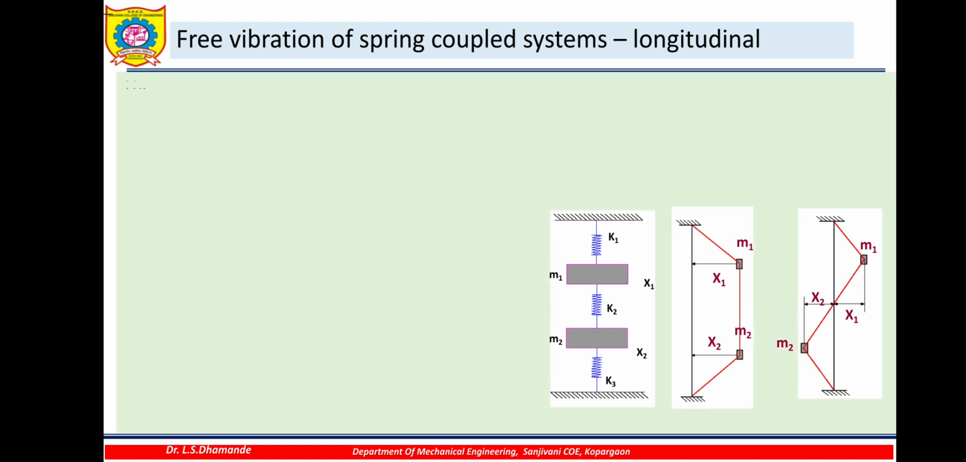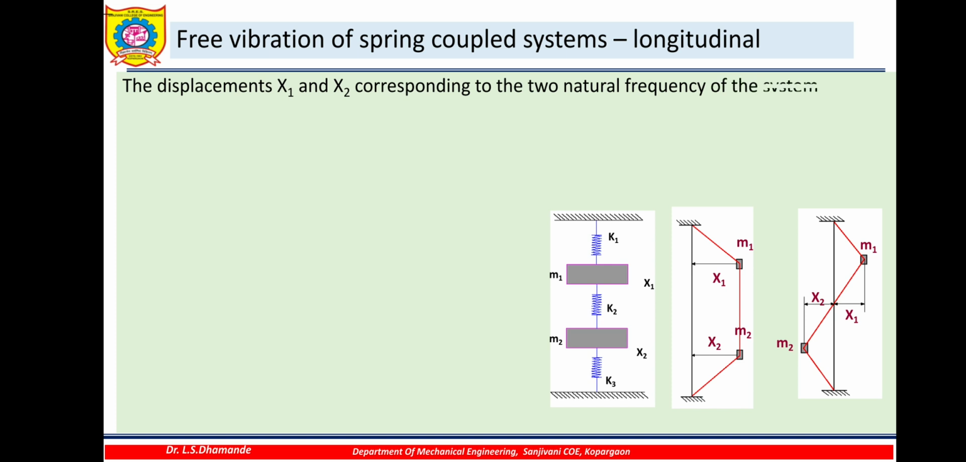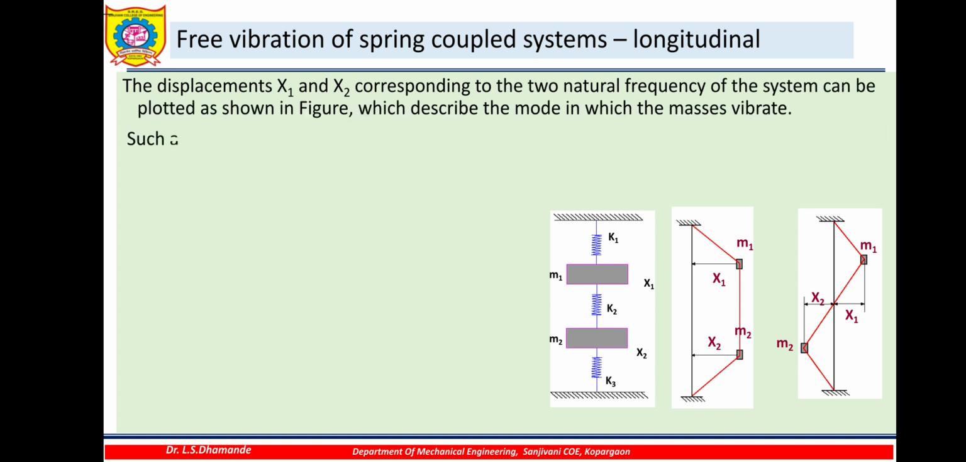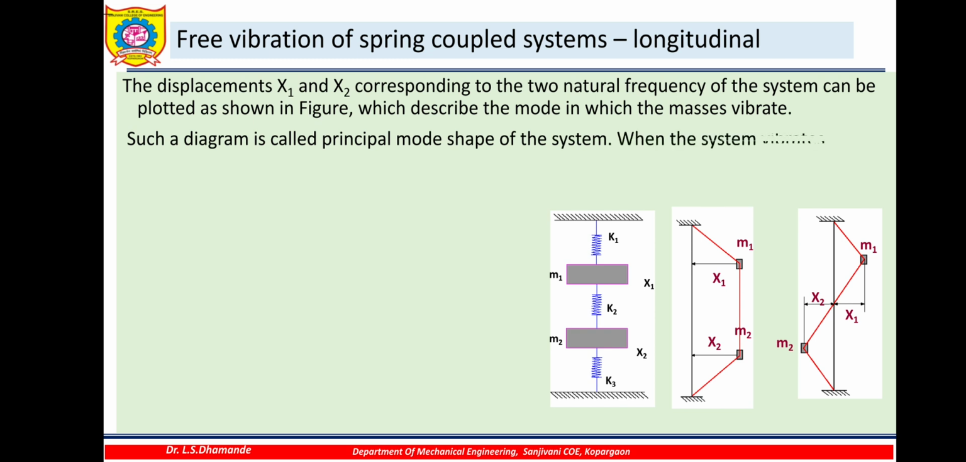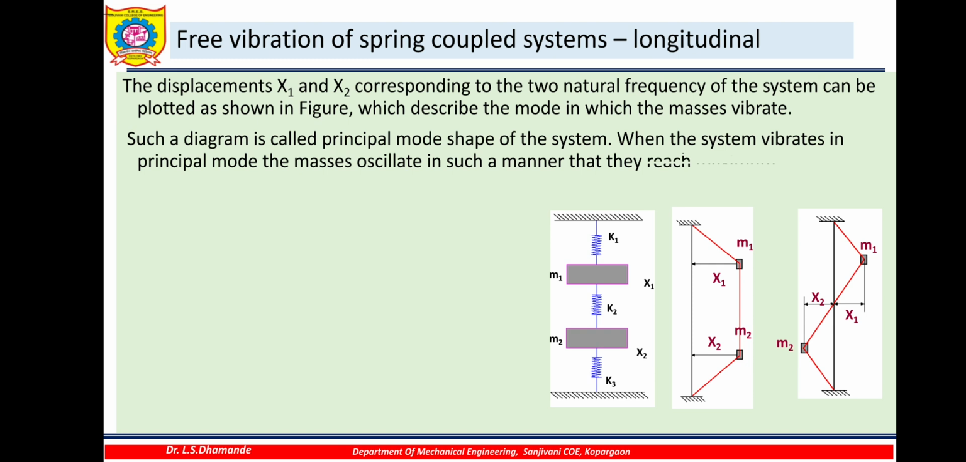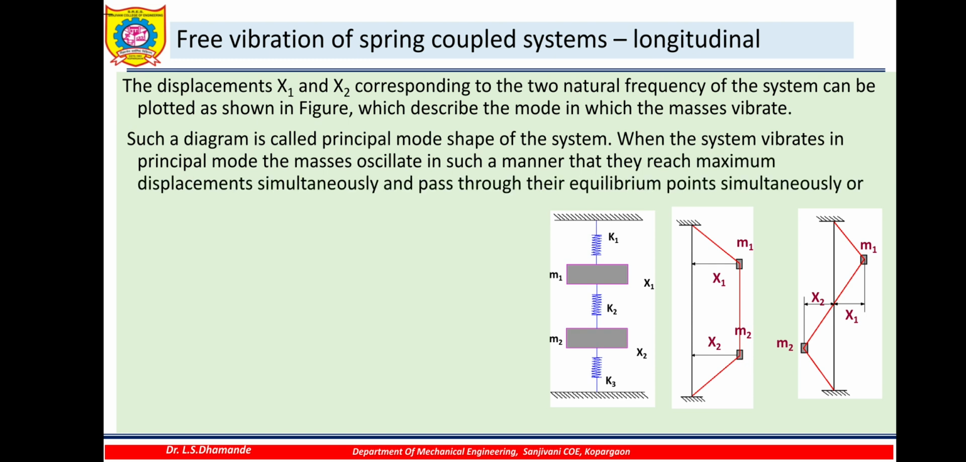So the displacement x1 and x2 corresponding to the two natural frequencies of the system can be plotted as shown in this particular figure, which describes the mode in which masses vibrate. Such a diagram is called the principal mode shape of the system. When the system vibrates in a principal mode, the masses oscillate in such a way that they reach the maximum displacement simultaneously and pass through their equilibrium points simultaneously, or all moving parts of the system oscillate in phase with the